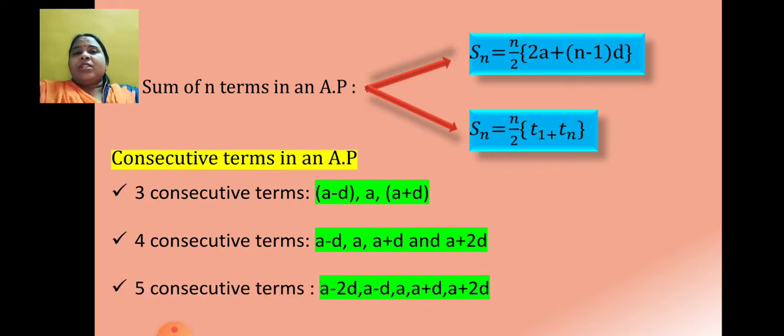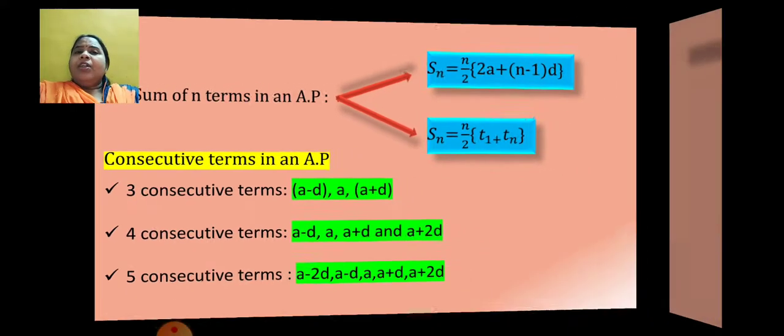Five terms, what was the assumption at the starting for the terms? First A, then A plus D, A plus 2D, and in the same way here A minus D and A minus 2D. So all these were the important terms and formulas to remember for this third chapter. Now let us take a few multiple choice questions which can be asked from this chapter.